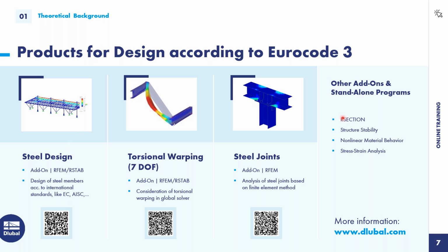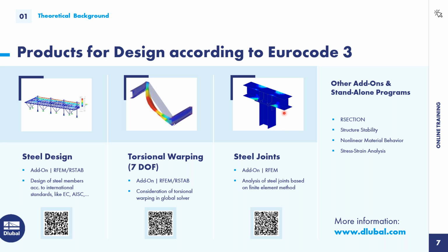You have already learned about some other add-ons like Cross-Section, Structure Stability, and Nonlinear Material Behavior. On top of that, we also have the Torsional Warping add-on. The Warping Torsion add-on considers 7 degrees of freedom and allows you to consider cross-section warping as an additional degree of freedom when calculating members in RFEM or in RSTAB. So stability problems such as torsional buckling and lateral-torsional buckling can be considered by giving you the eigenvalues and the buckling shapes. On top of that, we have the Steel Joints add-on. Now you can design all possible steel joints based on the finite element method, and this makes you very flexible in designing and modeling different types of